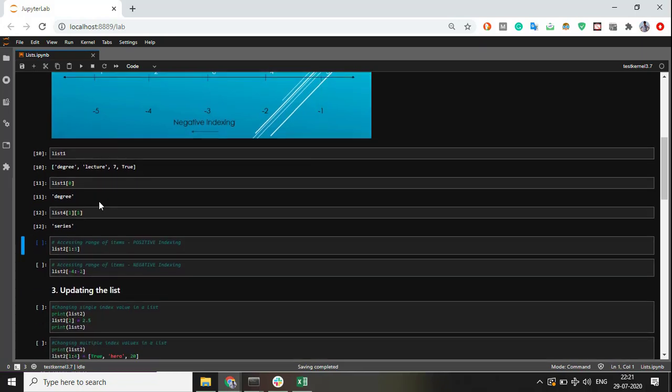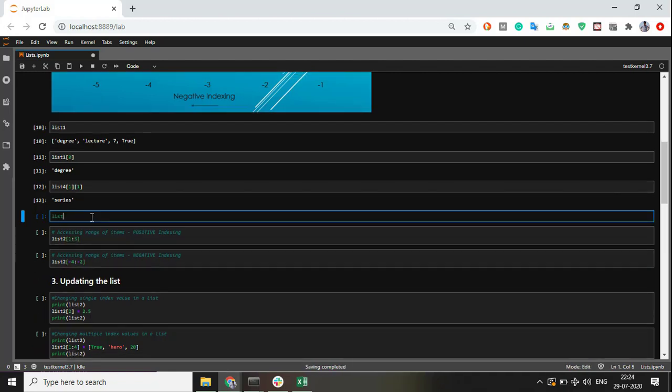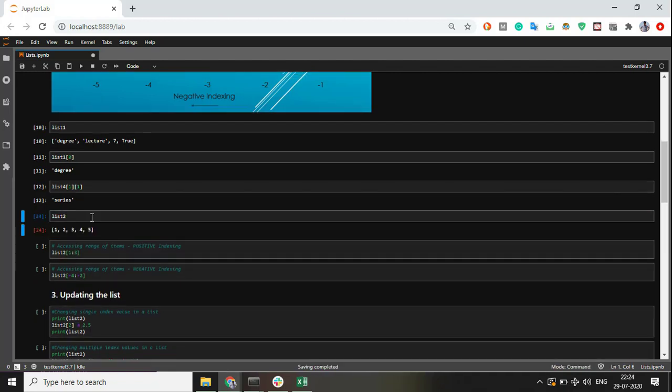Python also allows you to access multiple values at the same time by using a colon between the indexes. Let's consider this case where the values of my list 2 are 1, 2, 3, 4, 5, and I want to access the values from 2 to 4. I'll write the indexes, which go from 1 to 3. So I'll get the results from 2 to 4. But oh damn, did I just get from 2 to 3 and not 2 to 4?